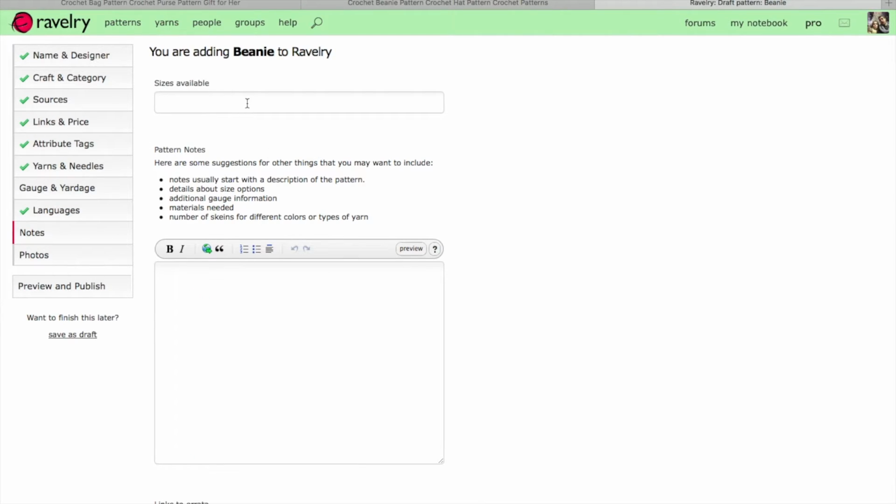Sizes available. So I offer a tight fit and loose fit. This is what I offer in my sizing. And then you write a description. So I'm just going to go ahead and say this is a pattern for a beautiful